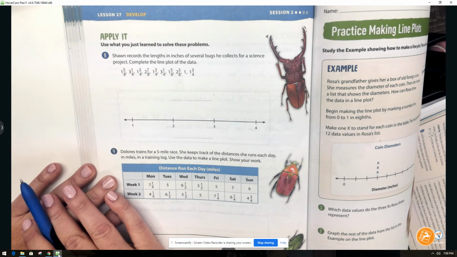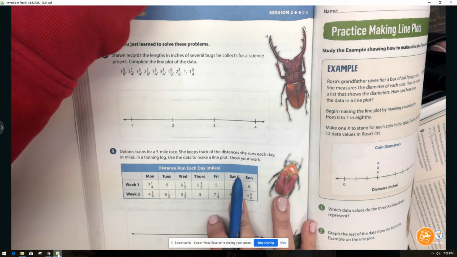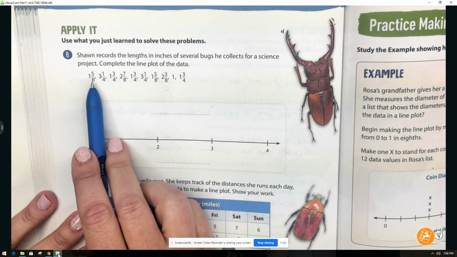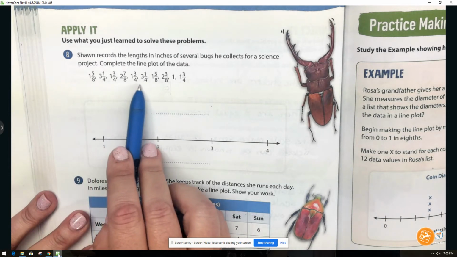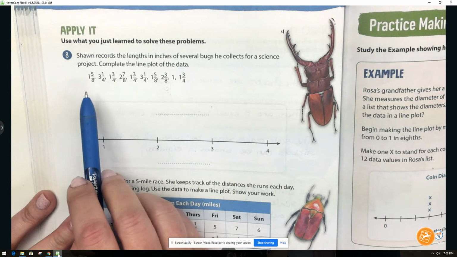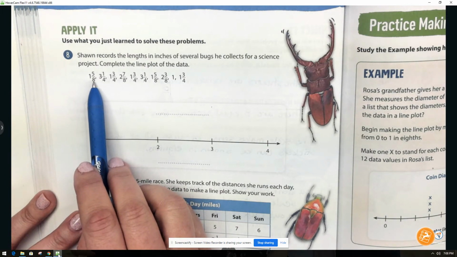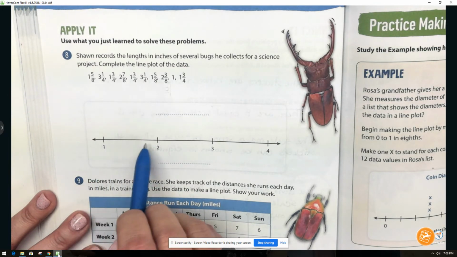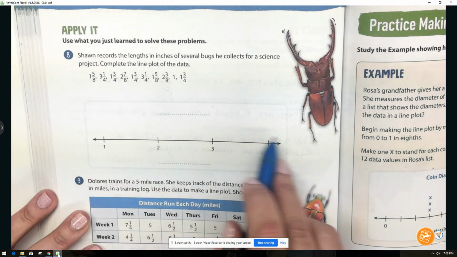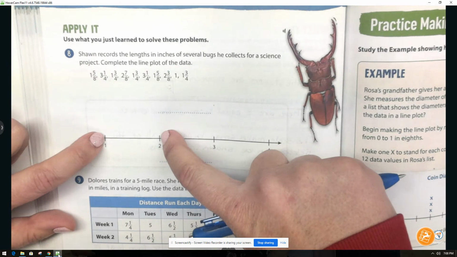Next, we need to go ahead and draw a scaled line. Right now, it is scaled from 1 to 4. But I really feel like we need to break this apart. So what I would do is look at all of your denominators and find the largest denominator. That's right, it's 8. So we're going to break each of these sections into eighths. We're not going to break the whole scale into 8, because we're going to break it into eighths between each